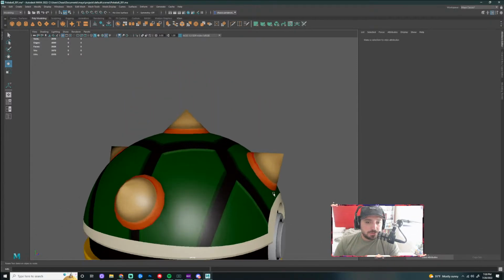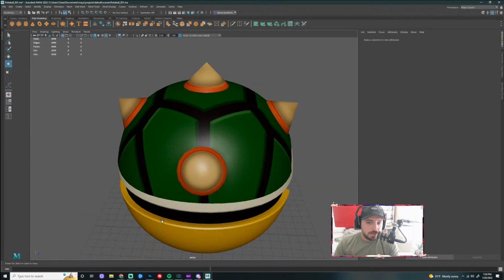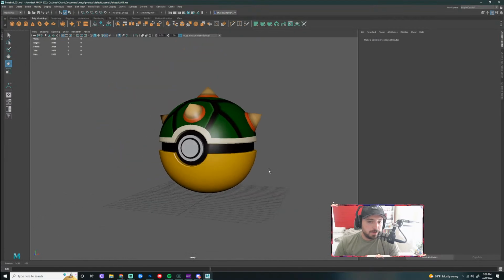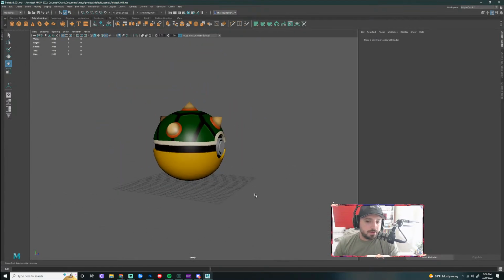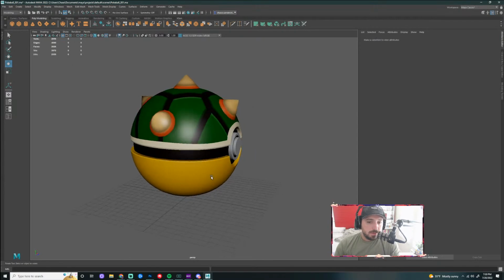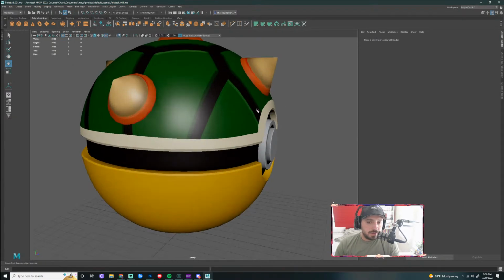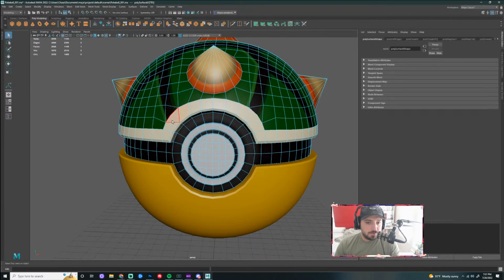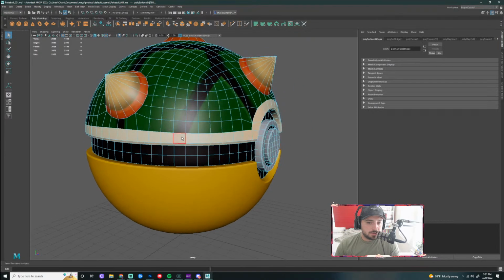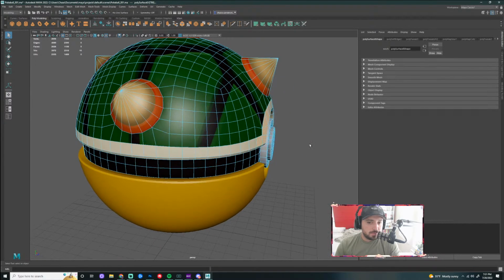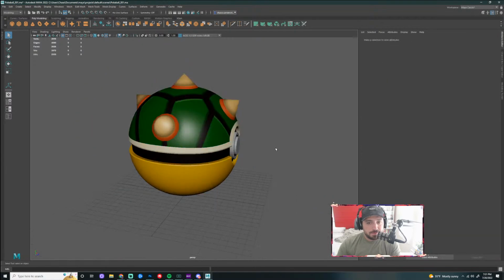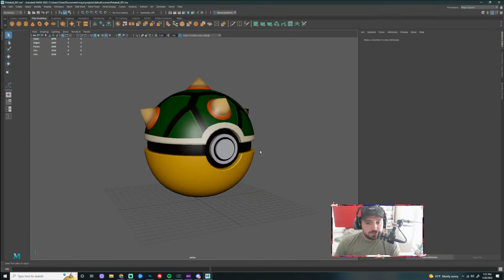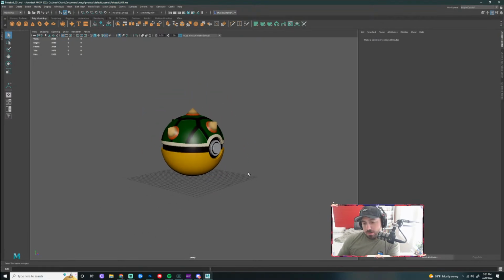This is definitely a good start. I don't like how this shell lines up, but I could keep working on it, right? And that would be nice to get, as you get further along, a bump map in there and certain things, apply different material. But I definitely need to do more work with this piece here around this area. In some senses, it would make sense if I would have extruded this out and gave it a little bit of a bump around the ball, to make it look more like a shell. But it's a fun little start. So okay,